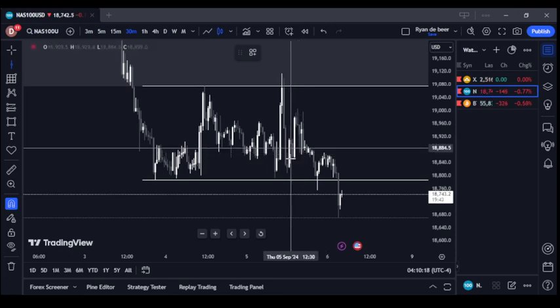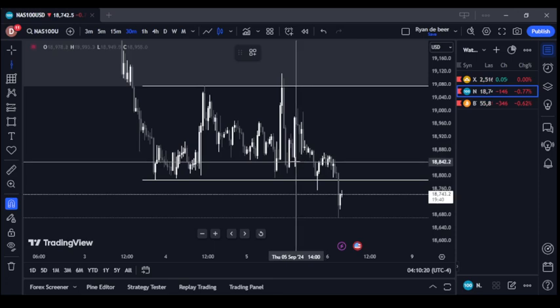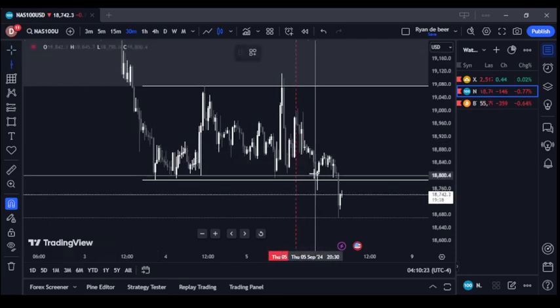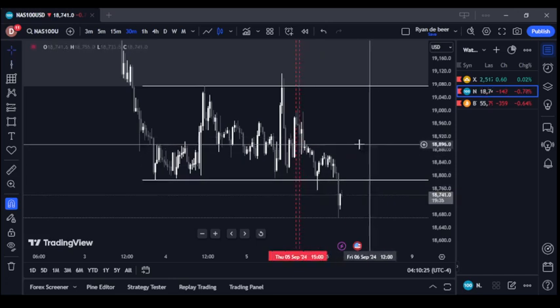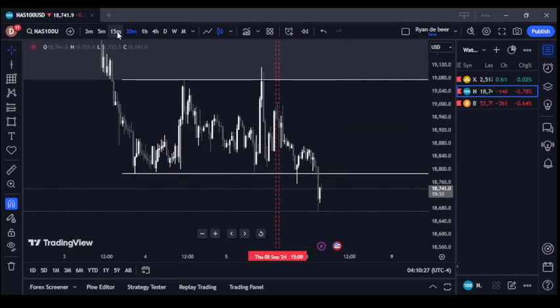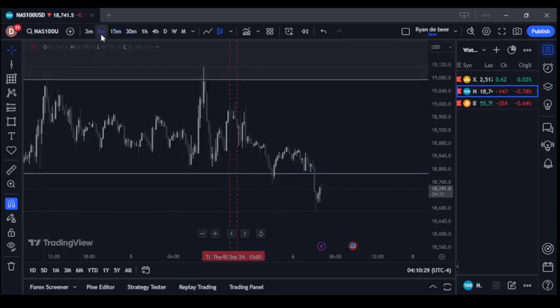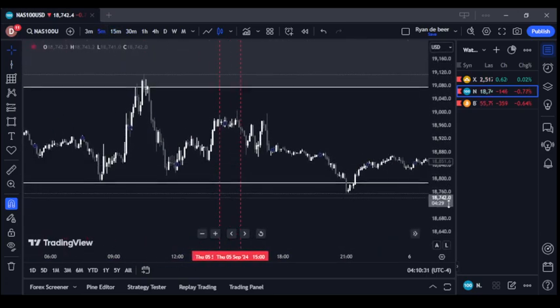So yeah, when I went to the 30-minute time frame yesterday, I marked out my PM session, which is from 2 p.m. New York time to 3 p.m. New York time. I went into the 15-minute and then on the 5-minute. So what I did on the 5-minute was